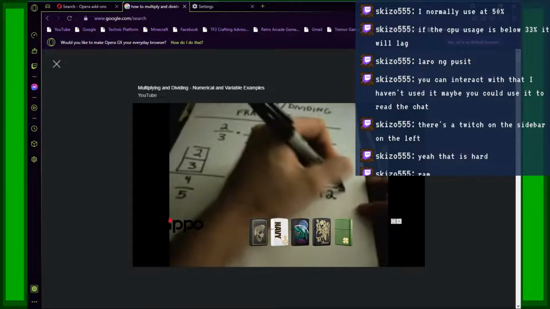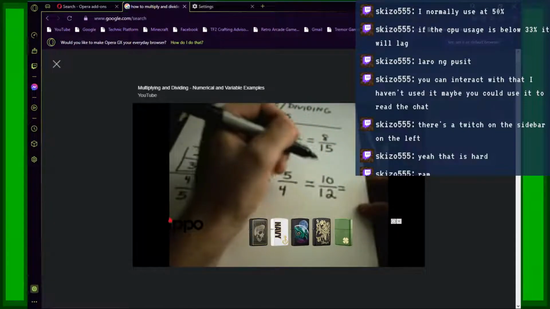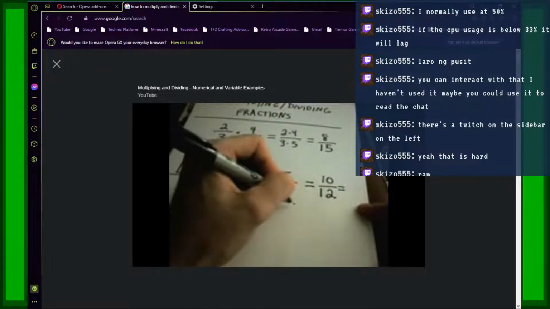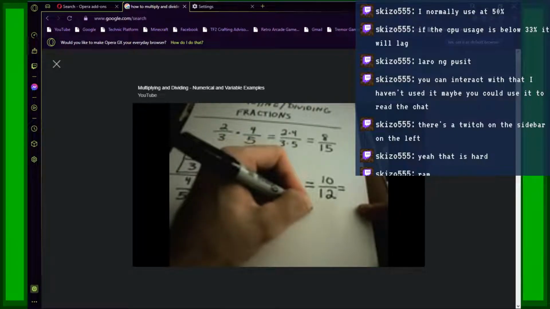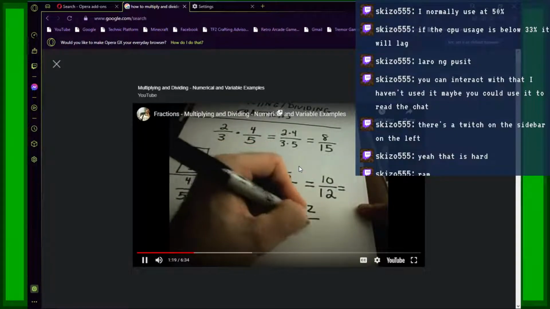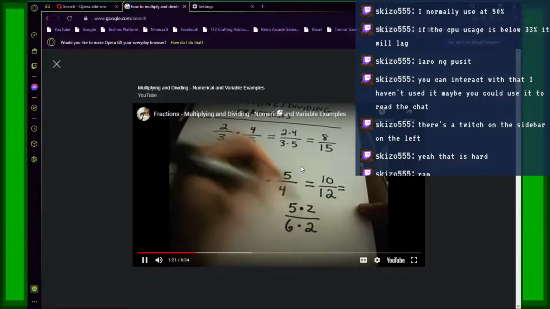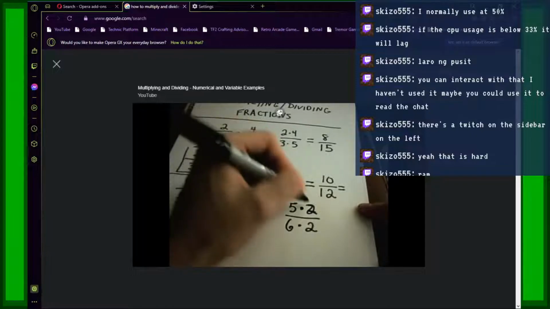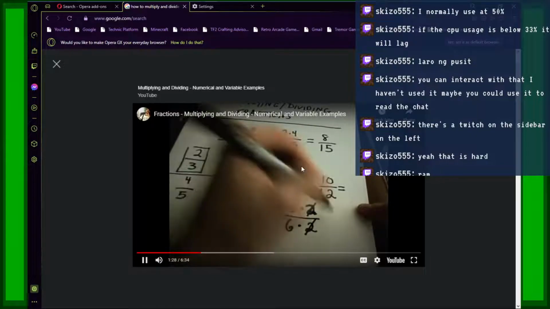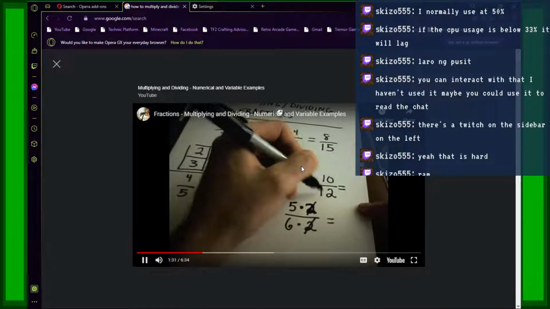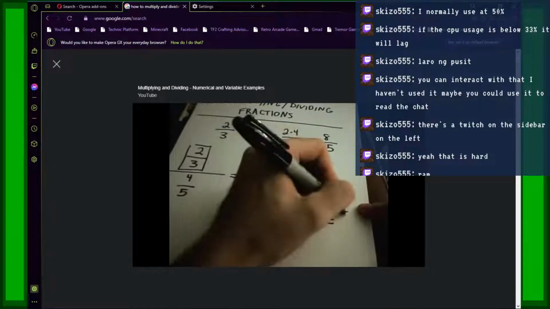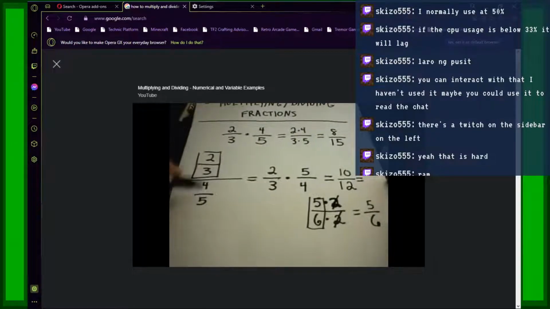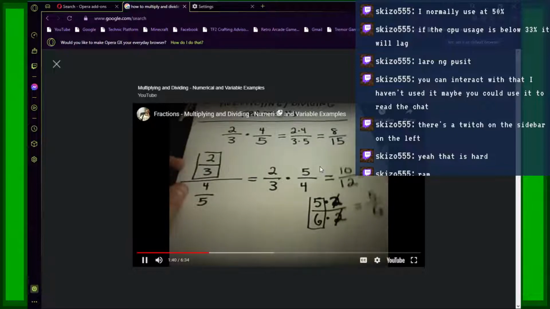But this is not reduced because 2 will go into the top and the bottom. 2 will go into 10. Well, let's even write it. So 10, I can write that as 5 times 2. I can write 12 as 6 times 2. And when you see the same thing being multiplied on top by the same thing being multiplied on the bottom, you can simply cancel those things out. And again, if I reduce 10/12, I will be left with just 5/6 at the end. Okay? So dividing fractions, you're just going to flip and multiply.